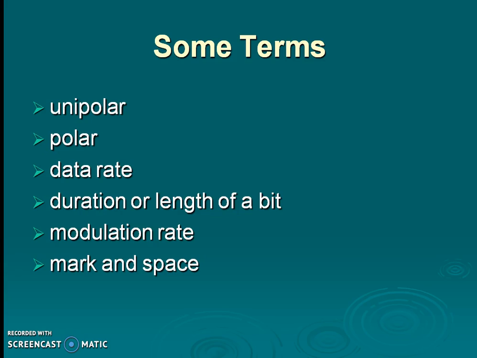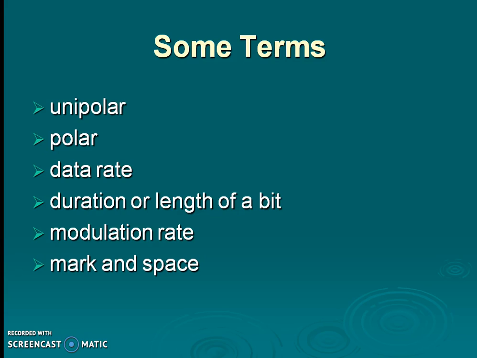What is the first one? Unipolar. Unipolar means single. Either the voltage pulses should be there in the positive axis or it should be there in the negative axis. Okay, bipolar means again the data should be present in both your positive axis as well as negative axis. Polar means it should be in both the positive axis, negative axis as well as in the zero axis